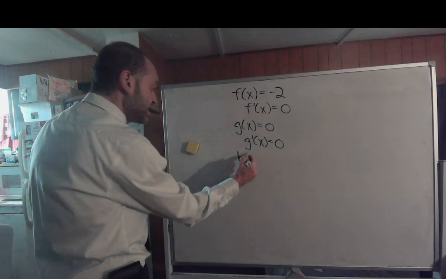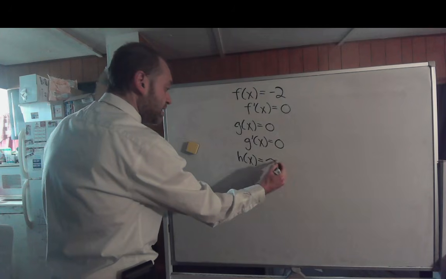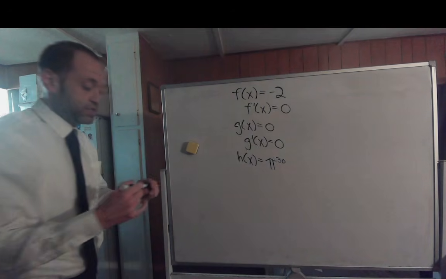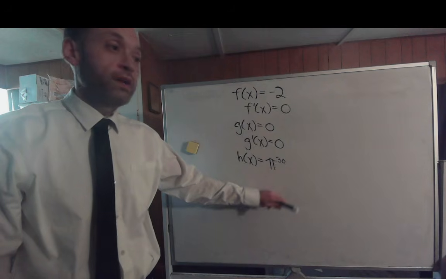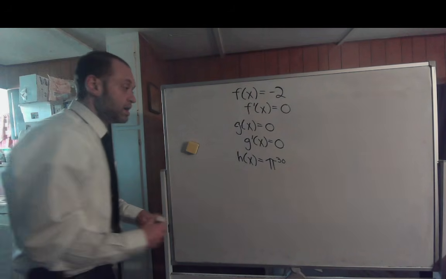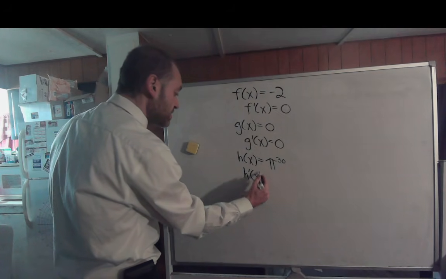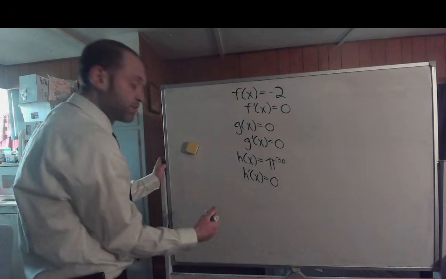Let's say I take h of x equals pi to the 30th power. Some people tend to treat pi as a variable, but it's not. We know pi is a constant, right? Raised to the 30th power. Well, it's still a constant, so h prime of x would equal 0. Because pi to the 30th is a constant,